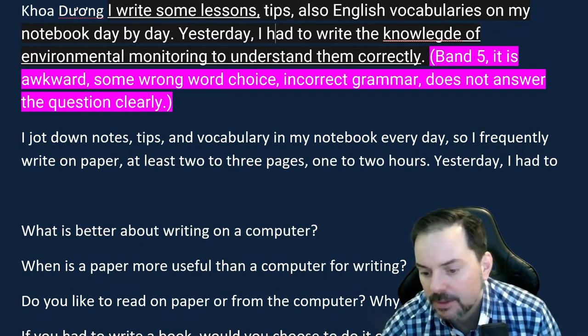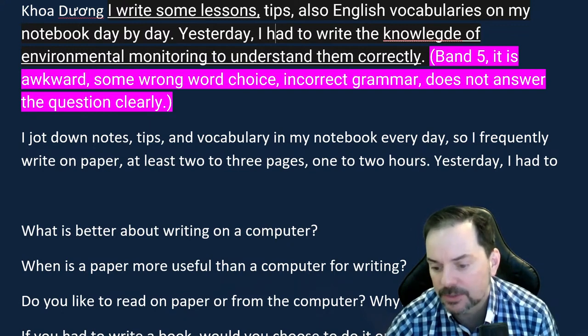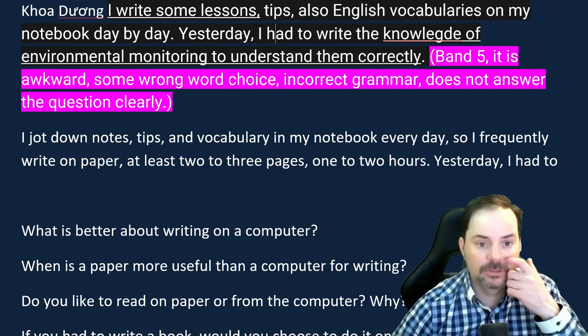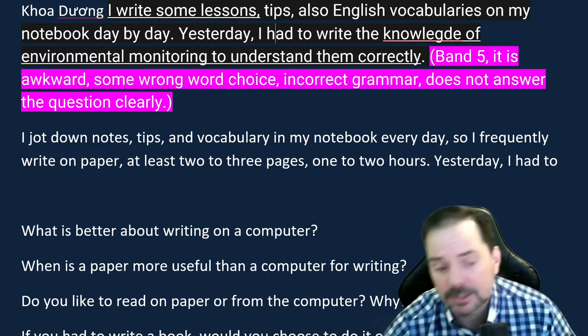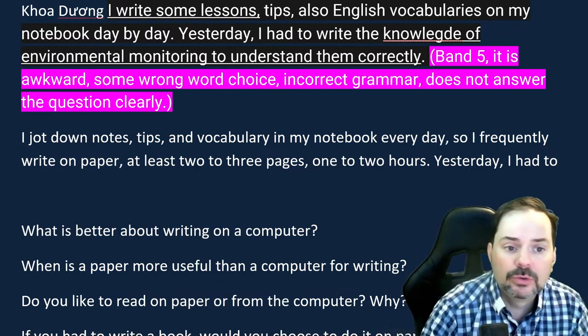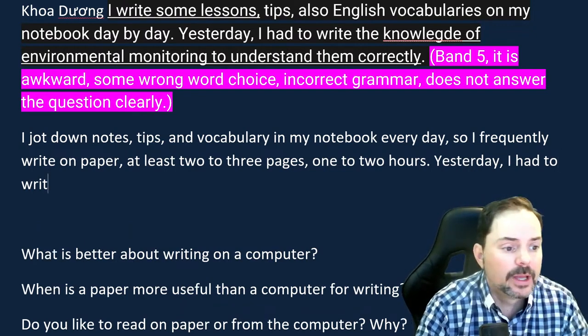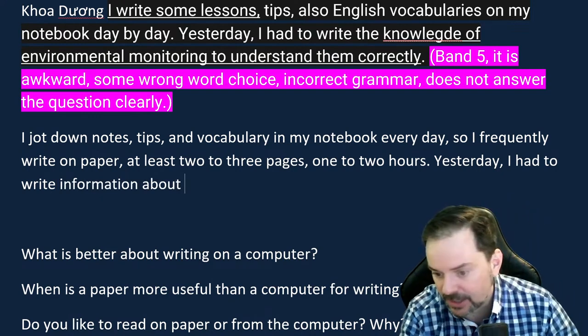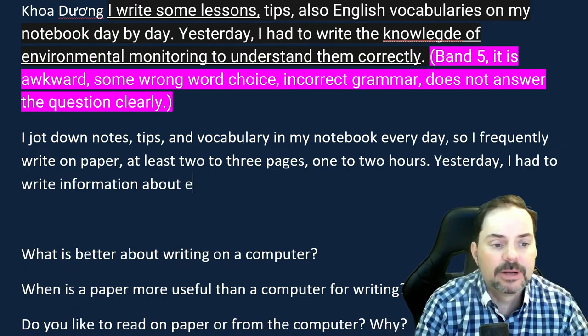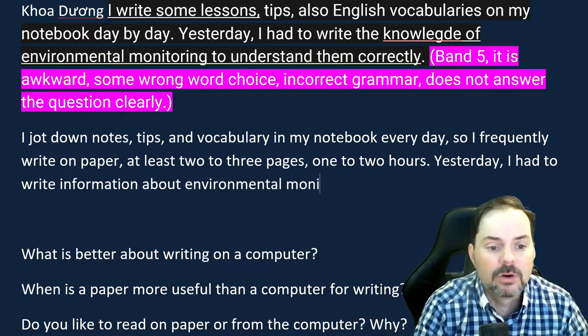Okay. Mihak says concern towards surrounding. Okay, Fuang says information about environmental monitoring. Yes, can you finish the sentence, Fuang? So you're almost there. Yesterday, I had to write information about... yes, that's the better English, absolutely, Bogdan and Fuang, information about environmental monitoring